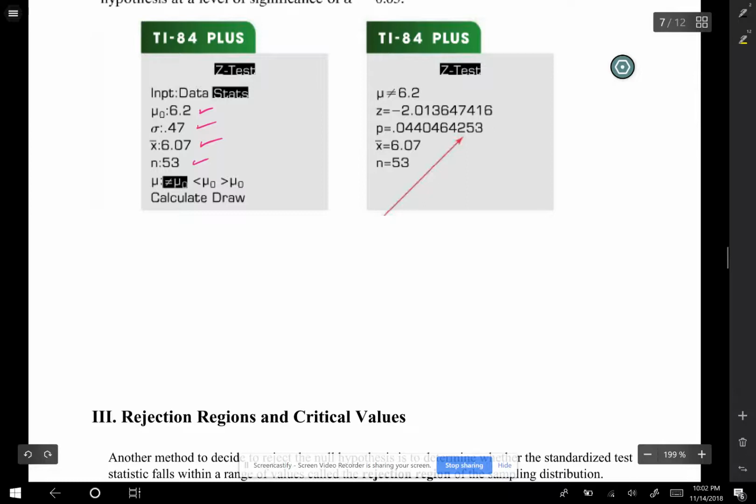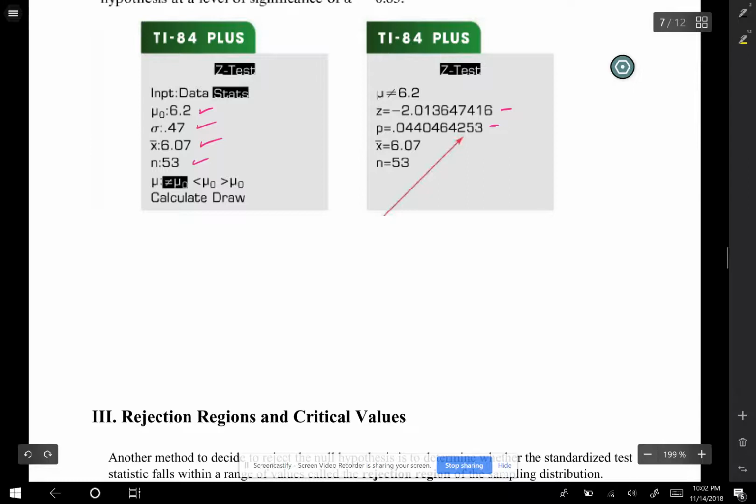And this is where you're going to do this: you're going to do the z-test. So you're going to perform a z-test on your stats. And what that means is when we run this test, we end up with a z-score of negative 2.01, and then a p-value. So it calculates the z-score and finds the p-value for us, which is 0.04,